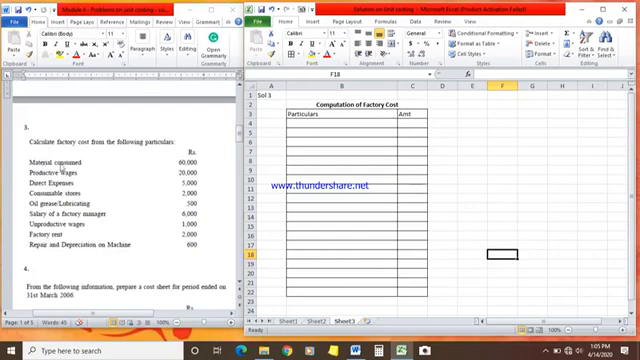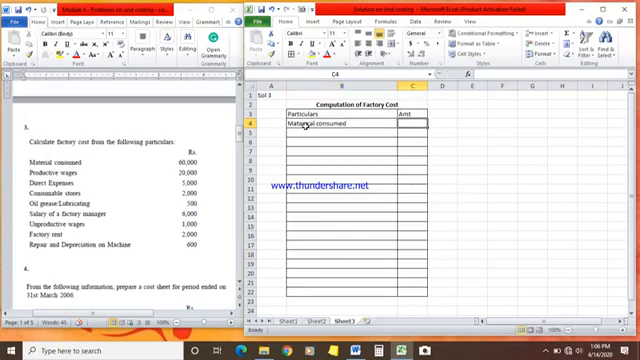Here the first item is material consumed, productive wages, direct expenses, consumable stores, oil, grease, salary of factory managers, unproductive wages, factory rent, repairs and depreciation on machine. The material consumed, productive wages and direct expenses, these three are a part of a prime cost. For the prime cost, if we add all these other items, we get what is known as a factory cost. Okay, so I'll just write up here: